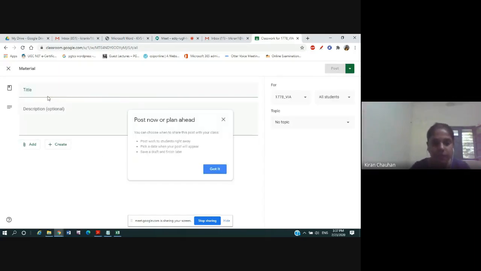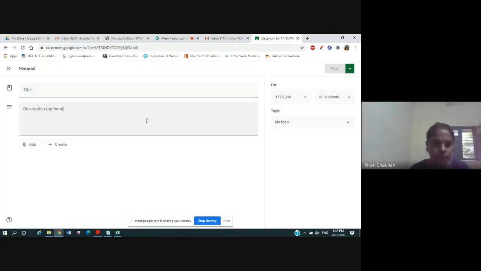Now here, whenever he is giving something, for example, if he is giving one quiz, GK quiz, he will write the title, and when he selects the class, all the students will get this quiz. He can add the quiz file from here, add file, Google Drive also he can add. He can add the file from the computer also. He can give the link, the Google Drive link, the file link which is there in Google Drive also. They can give the YouTube link also. So if I have created a video and it is there in your YouTube account, I will copy that link and I will share it here also.